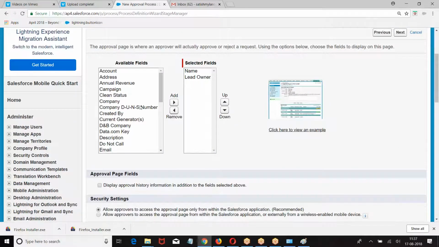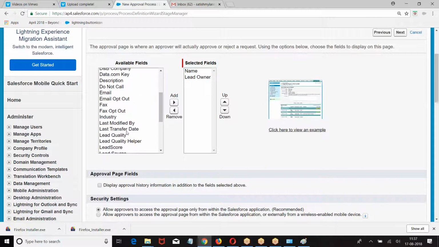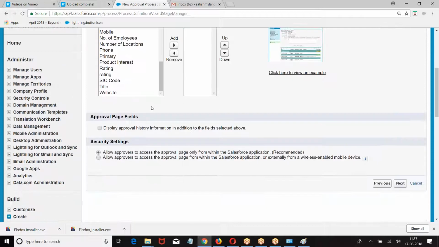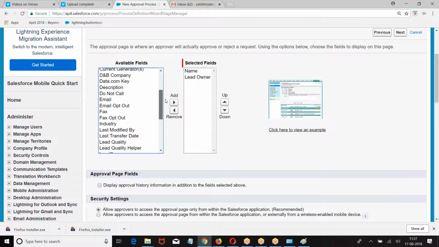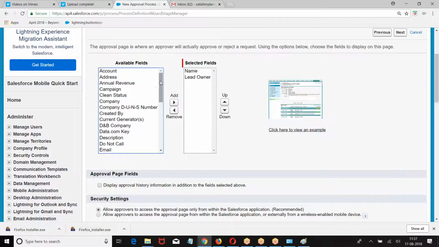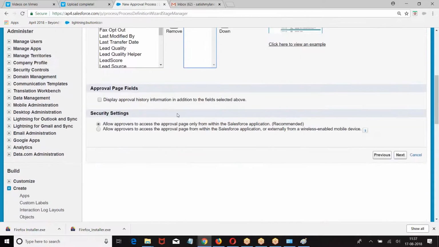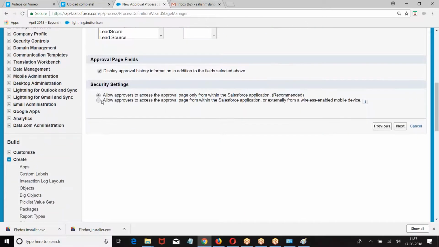Which fields you want to submit? Name, I can give. Approval page fields. Approval history.